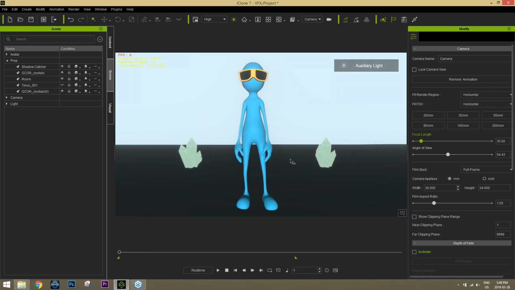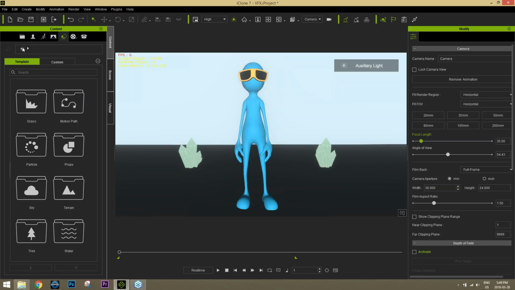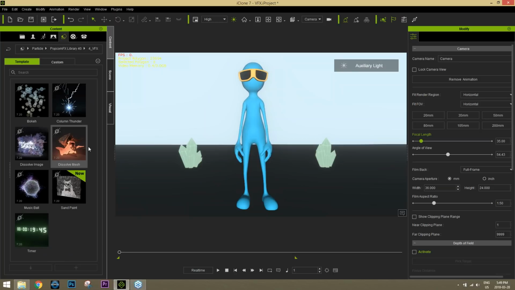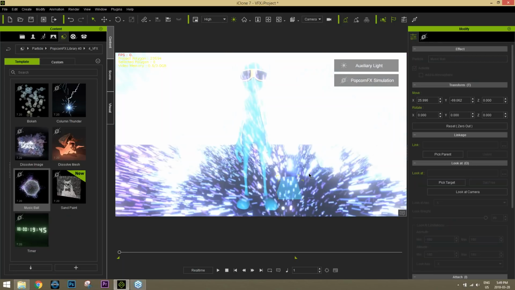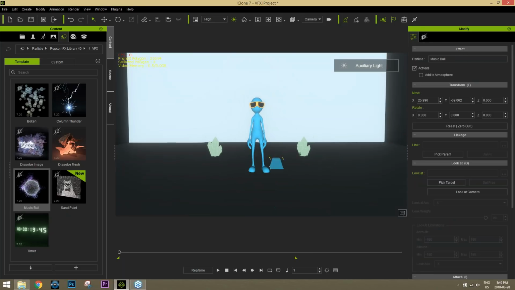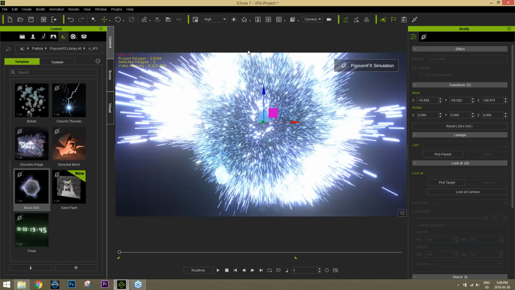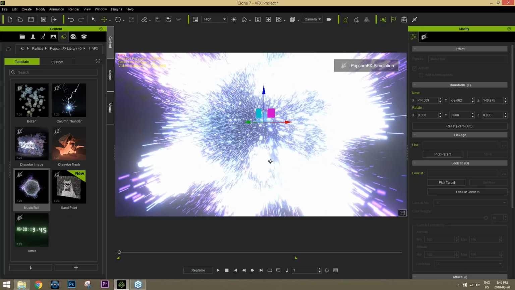So what I'm going to do is bring in that music ball from the VFX tab there, or VFX library. So I'm going to go to Particles right here, and PopcornFX Library. There we go. And I'm going to go ahead and bring in this music ball. So if I press Shift S to simulate, what's going to happen? Let's zoom out a little bit first. And let's actually take off our auxiliary light. So if I press Shift S to simulate, you can see what's happening is because we have